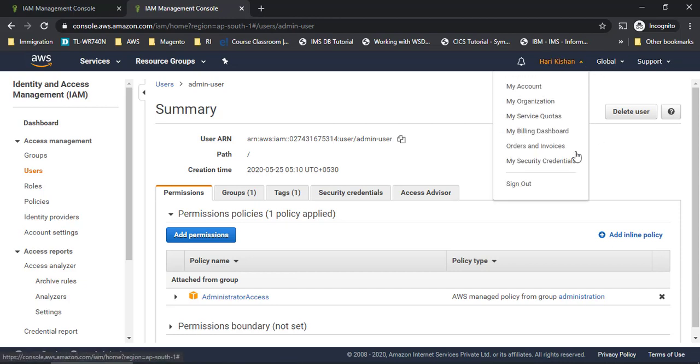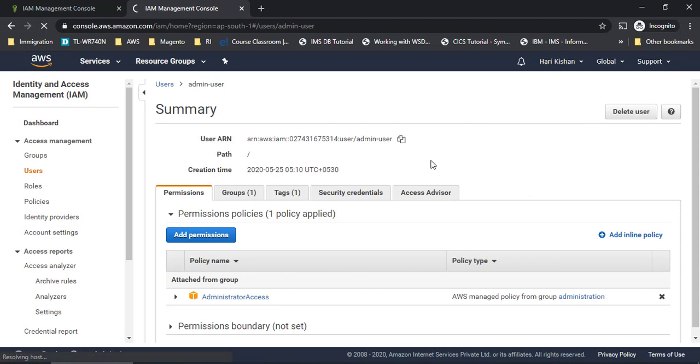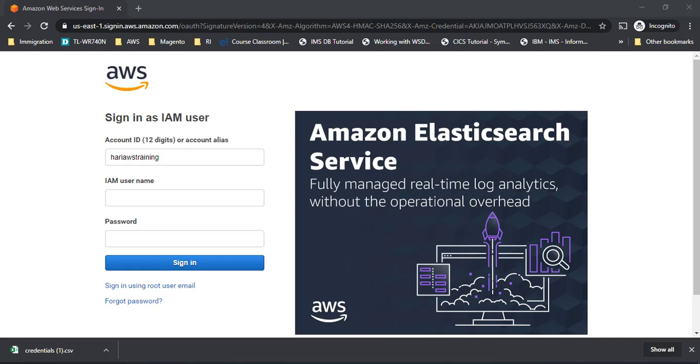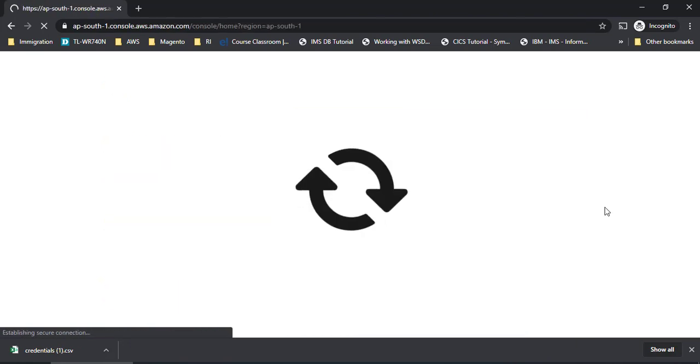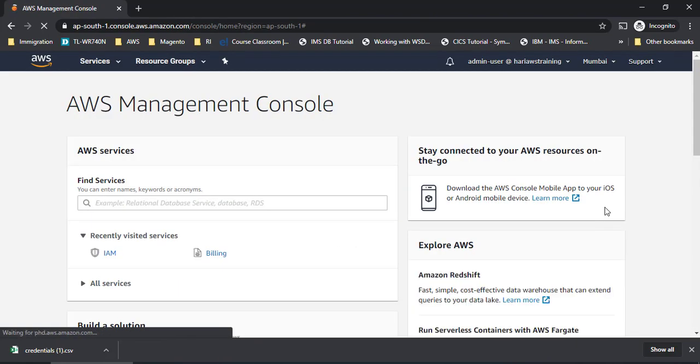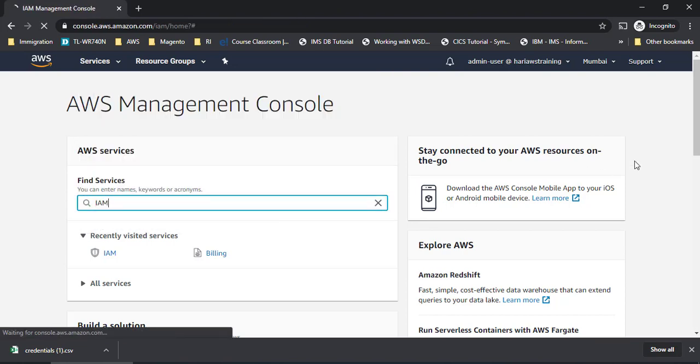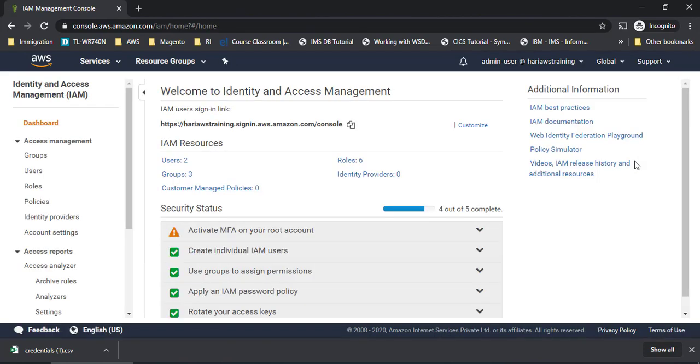So I'll go to my account, root account, and sign out of this, right? And then let me log into my IAM user account, which got locked out because of deny access. Now let me log into my admin user and see if I'll be able to log in back or not, because now I have removed the deny permissions from my admin account. So I think yes, I can log into my account right now. It is very easy now. So that is the importance of deny permissions. Whenever you are giving contradictory permissions, deny takes precedence over allow, right?